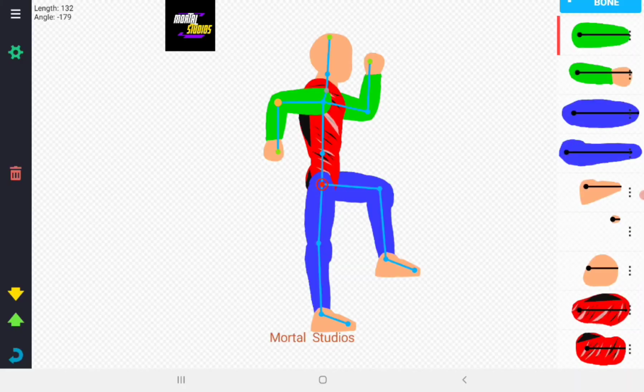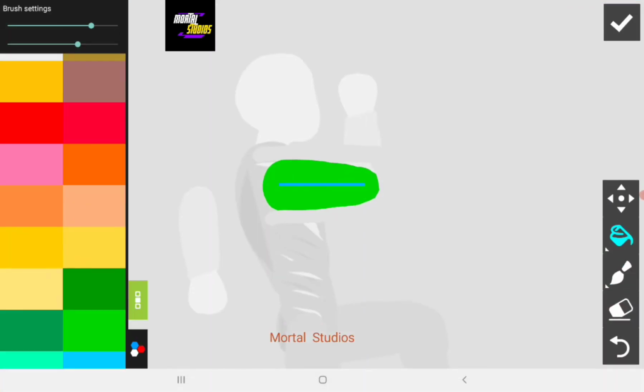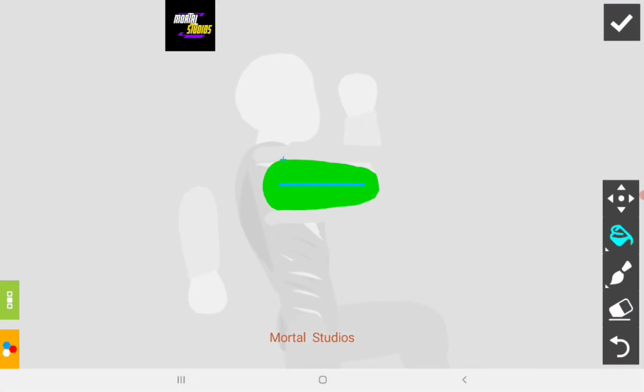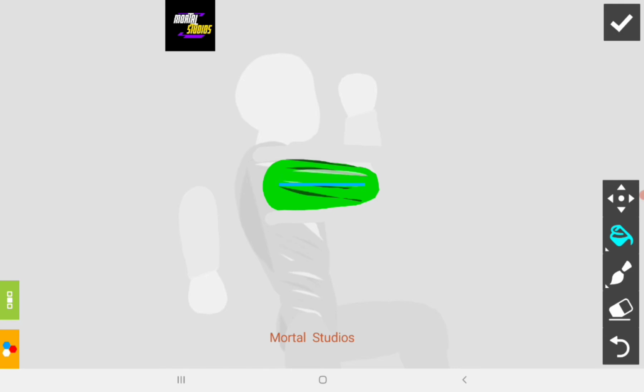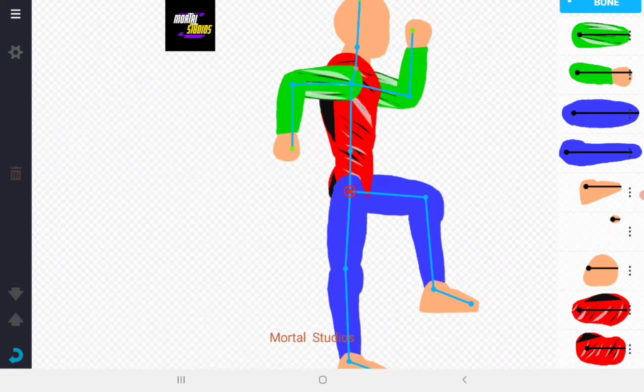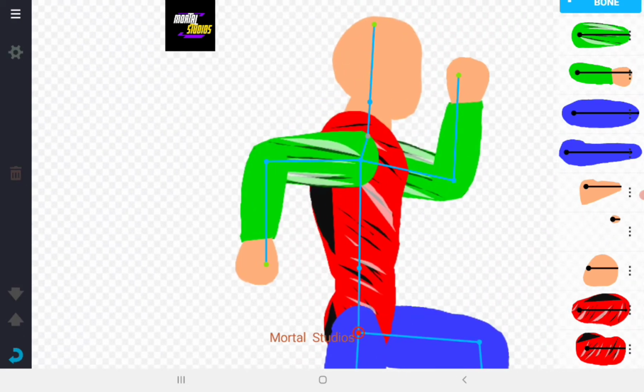We'll do it for the hands here. First we are going to color with black, color it in little patches, and then take the white color, and that's it. This is going to be applicable for both of the arms.